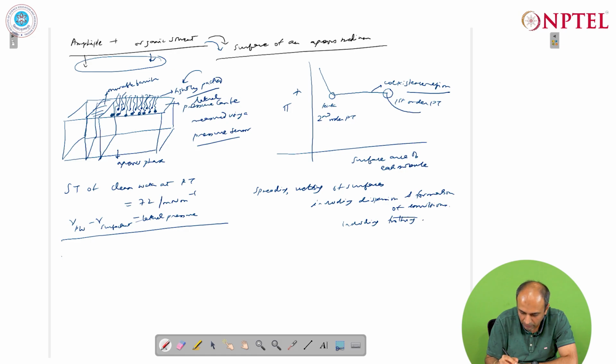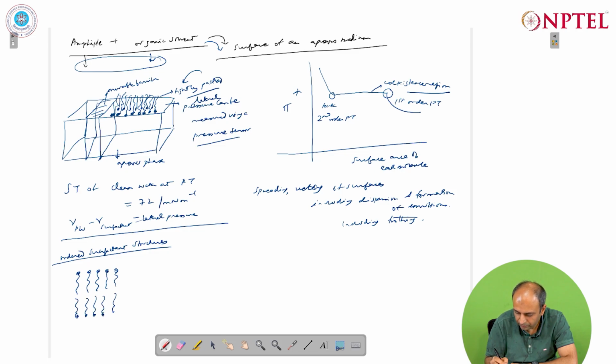So, the different ordered surfactant structures are, we can have a bilayer, so this is a bilayer, we can have a monolayer, this is a monolayer, overall this is a bilayer, we can have a micelle formation,